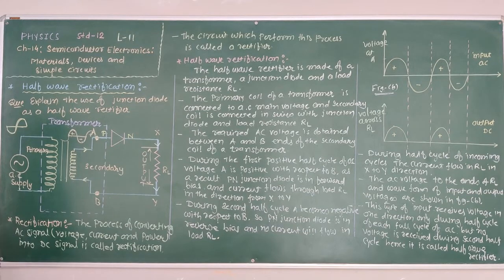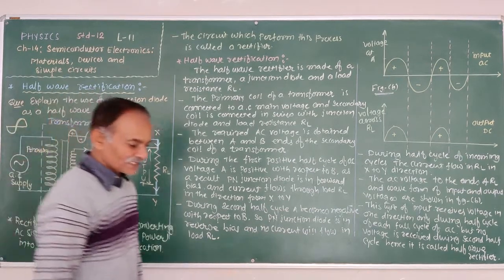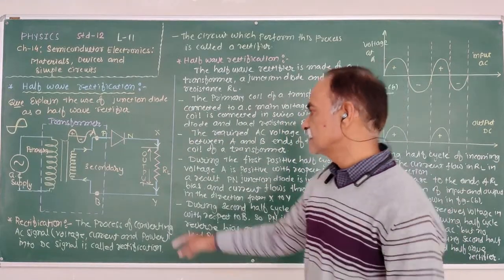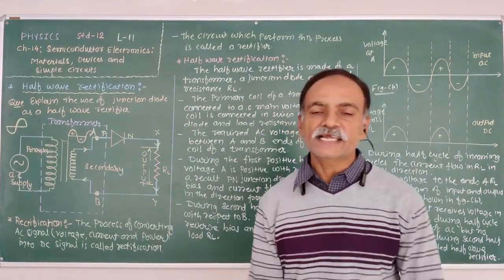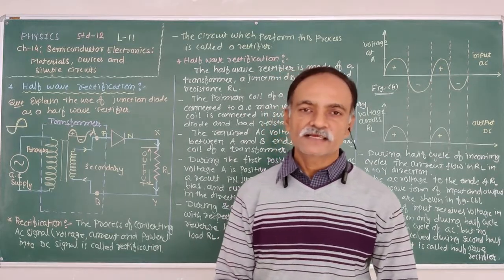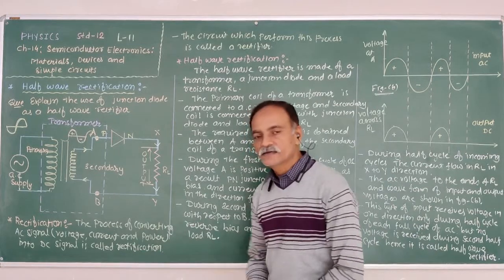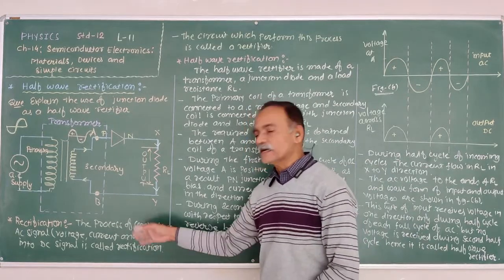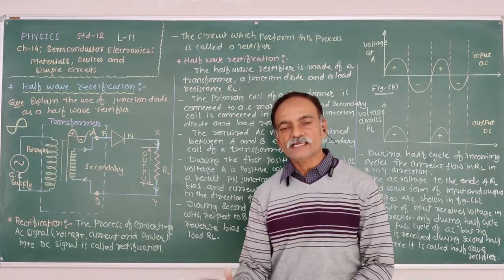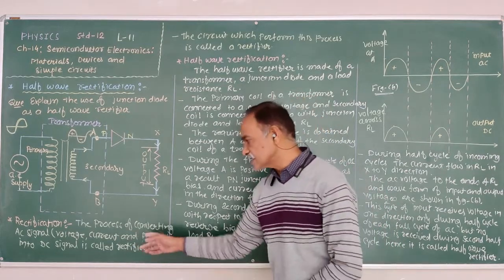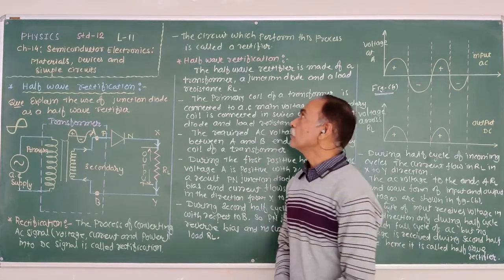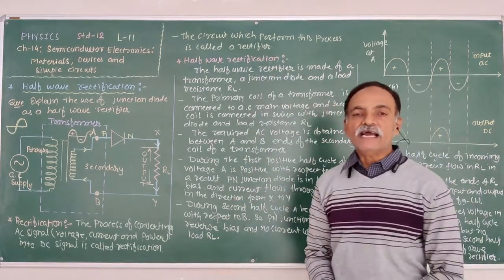Again, first, what is the definition of rectification? The process of converting the AC signal, that means the voltage, current and power, into DC signal is known as rectification. Now, the circuit or the device which